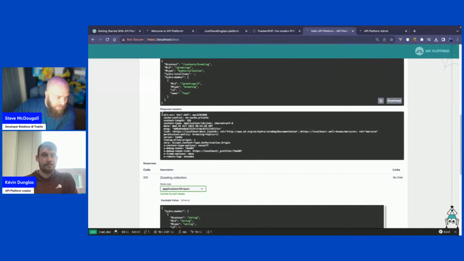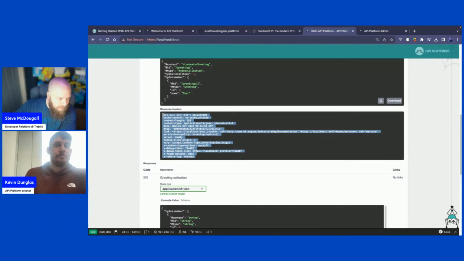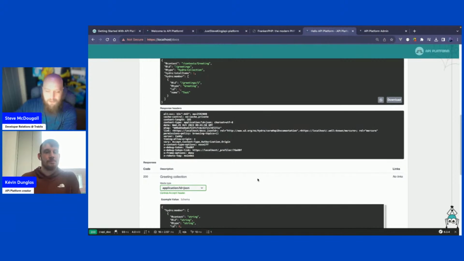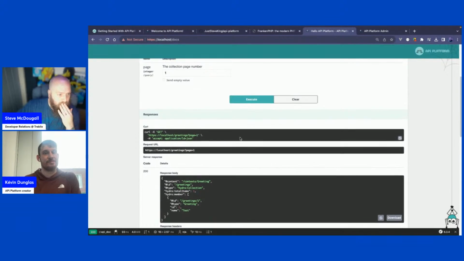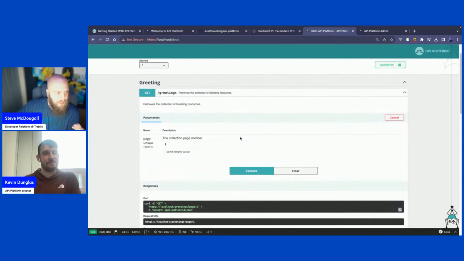Got some good headers, cache control going on, e-tag, perfect, nice permissions policy. Yep, all of the headers that I would typically add. There's maybe a couple more that I'd add, but I suppose you can't make too many decisions out of the box, right? That is a key thing with APIs, is you want it to be a certain level. It's also got content negotiation.